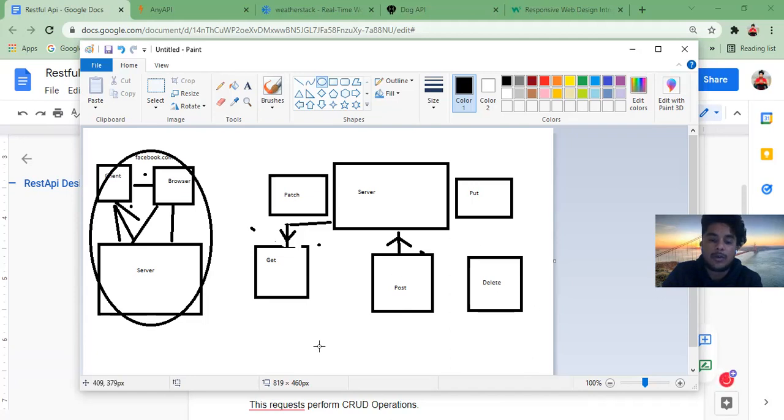If the user goes to facebook.com, then the user enters his email ID and password and then accepts it, then logs in, then it is posted to the Facebook server and we get our ID, which means the client sends a post request to our server, which means our Facebook server, then Facebook will send a response to the client and then we get our ID. So this is our post request, and the third one is